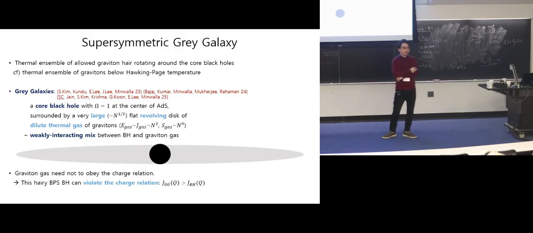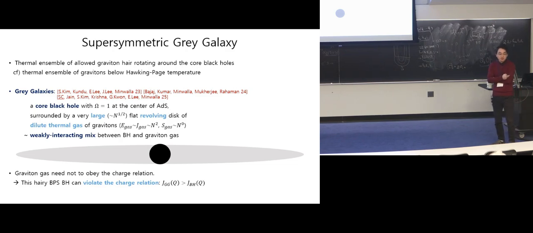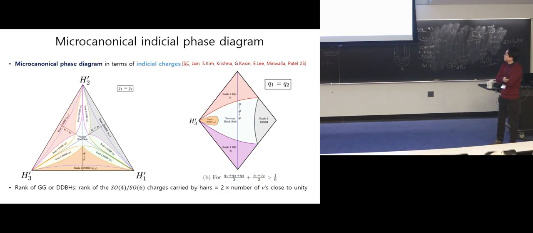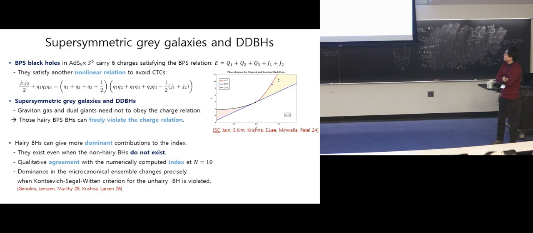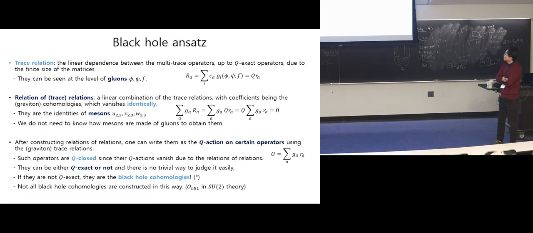I have a question that is a little bit open-ended. Your analysis, at least on the gravity side, seems completely generic. I have a black hole, I have gas. But when we compute the index, we know it's very dimension dependent. For example, in 3D, you have monopoles. Do you believe this is true in all dimensions, or how do you see these index properties reflected at all in what you're saying?